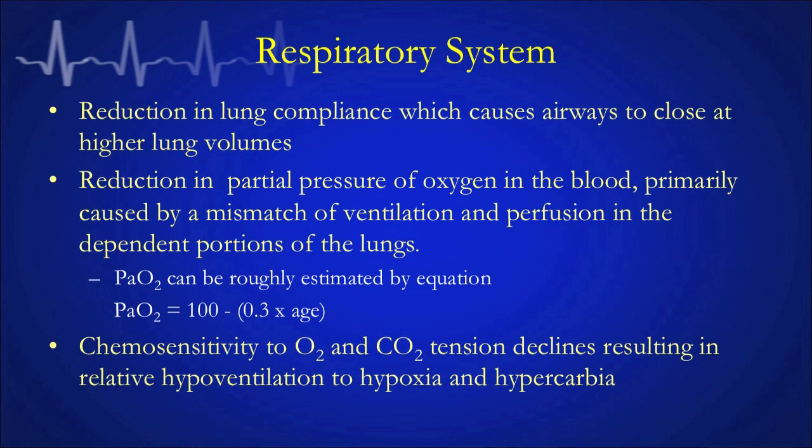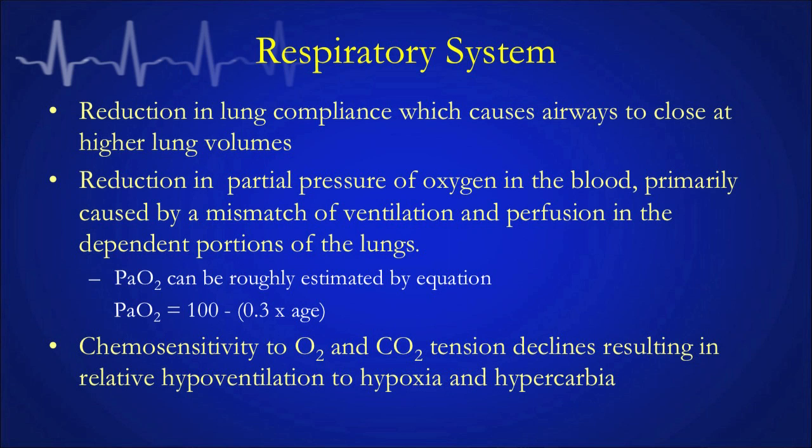We know that there is reduction in lung compliance, which causes the airways to close actually at higher volumes. In older people, it's not uncommon to see that at age 75 or 80 their PaO2 is around 75. So there is reduction in the partial pressure of oxygen in the blood, and that is primarily related to